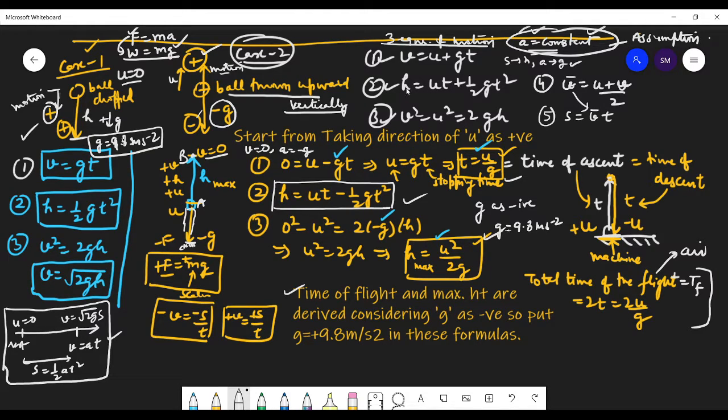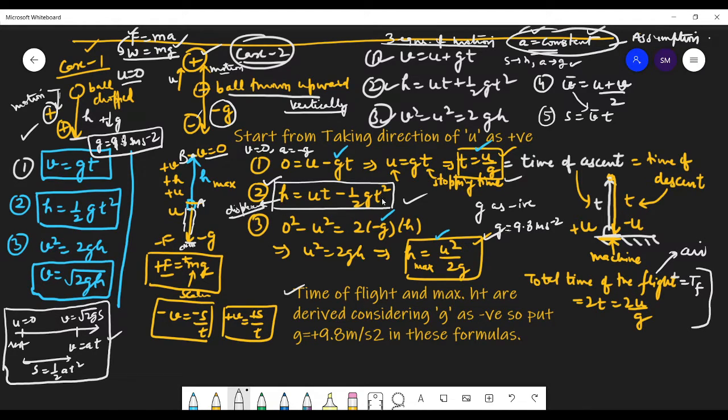Now the second formula. This displacement means the maximum height, which is the displacement in the upward direction. We are calculating the maximum height because we are taking v equal to 0. Students, every formula has its own use. Every tool has its own use. Look at this formula. This formula has no role of v. So this h is the displacement.